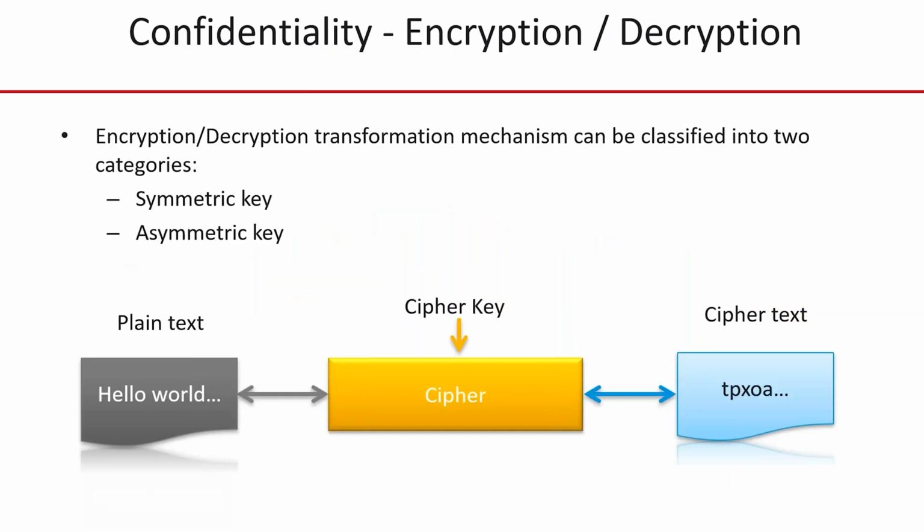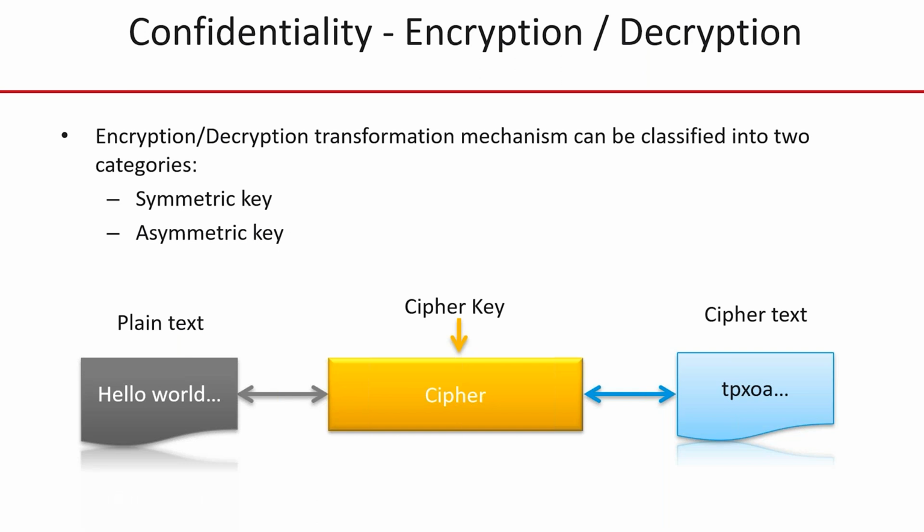So first of all, we have confidentiality. This is provided by ciphers, and there are 2 key families here: a symmetrical cipher, which we'll have a look at now, and an asymmetric public key cipher, which we'll come on to a little bit later. So within a symmetrical system, we have a cipher that will take some plain text, and in combination with a cipher key, will encrypt it to cipher text. And then using the same key, we can go backwards from the ciphertext to get back to the original plain